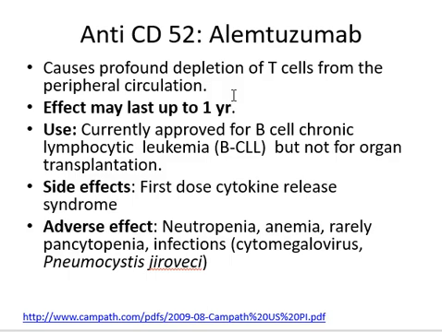Okay, and so where do you see this approved? Well, it's got a lot of different approvals that are constantly changing. This literature is evolving very rapidly, but it's currently approved for B-cell chronic lymphocytic leukemia, or BCLL. It hasn't yet, when I wrote this a few months ago, been approved for organ transplants. That might have even changed since then. But for some of the pro-inflammatory GI conditions, this drug has been used with some degree of success. And there are a few clinical trials that look at it